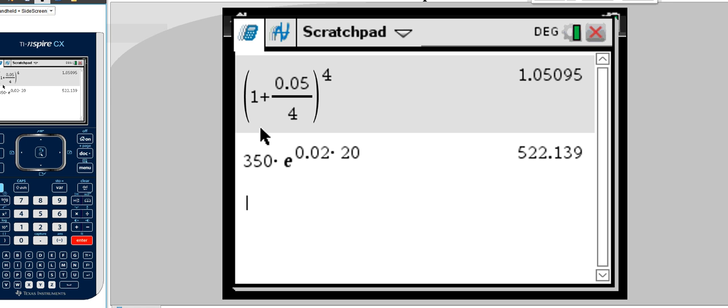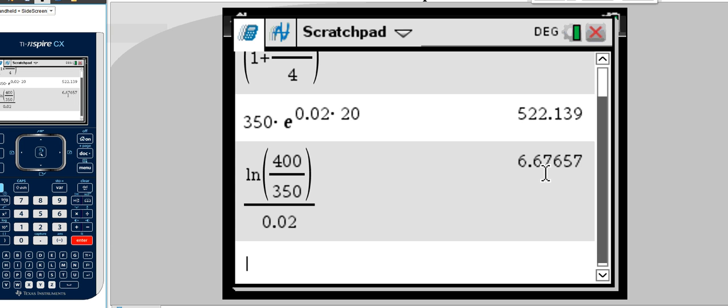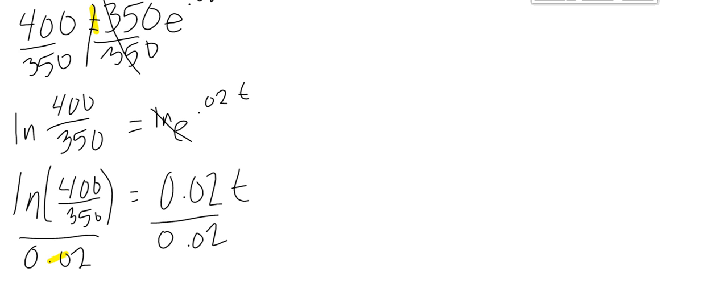I'm going to go to my calculator. So the natural log is control e to the x power. There we go. I'm going to have 400 divided by 350. Then I'm going to get to the other side of the parentheses and say divided by 0.02. And that gives me 6.67657. So 6.67